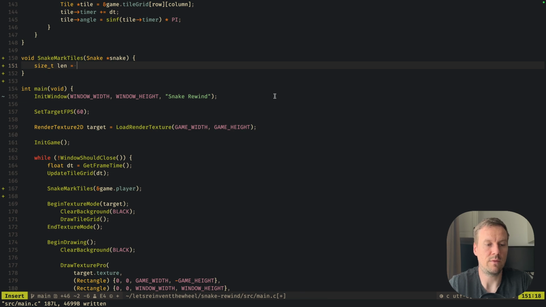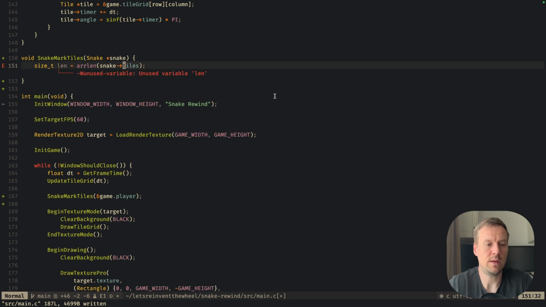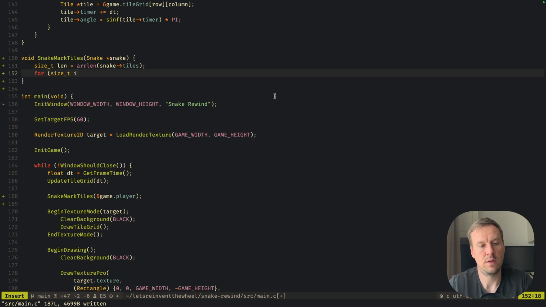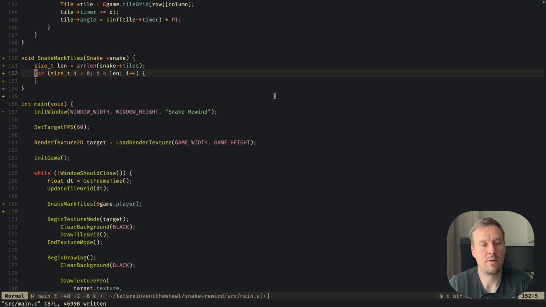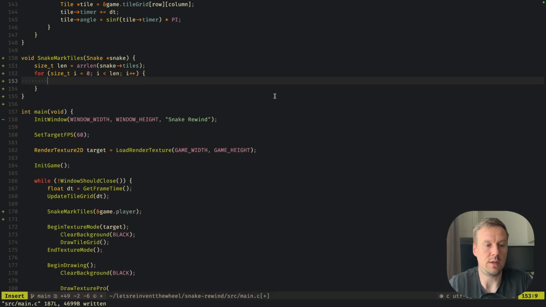What is the length of our snake? We can simply ask our tiles array for the length, and then we iterate through that. So each tile is a position, right? Position P is snake tile set I,